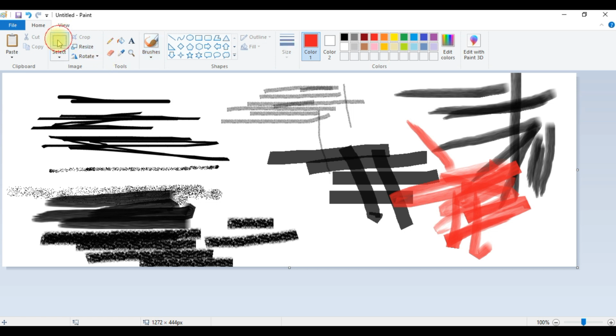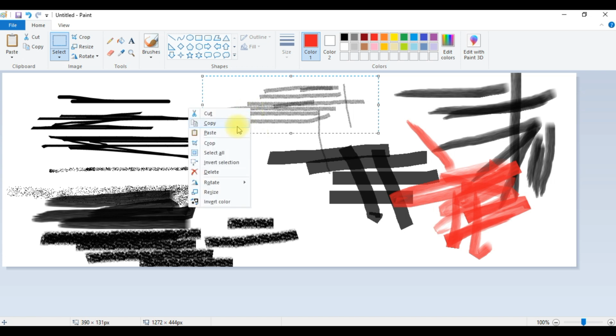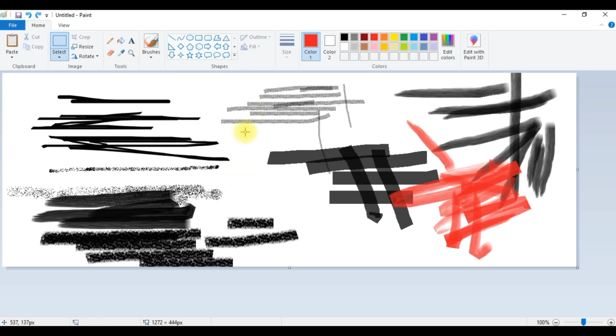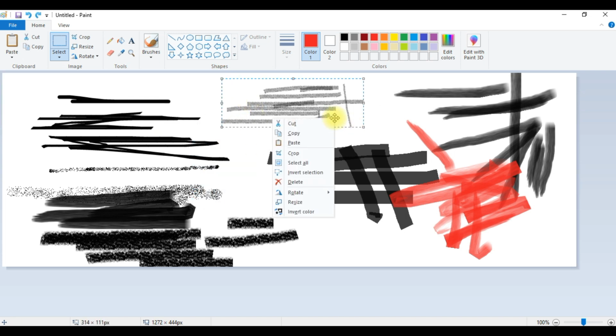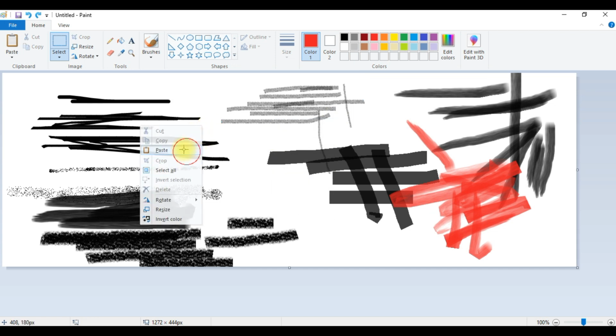And what is the grabbing tool? We can grab as a rectangle or free transform. So let me choose rectangle. You can grab like this and copy it, just grab, copy and right-click paste.